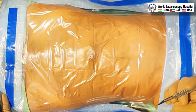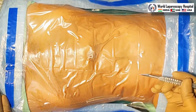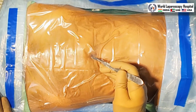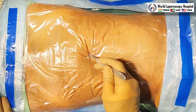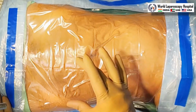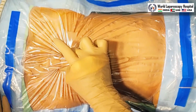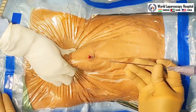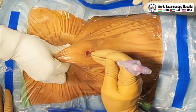Hello friends, this is a case of cholecystectomy, appendectomy and ovarian drilling. We are introducing the Veress needle through the inferior crease of the umbilicus. A stab wound is given. This is a thin patient, she is not a very obese patient. So, we will introduce the Veress needle